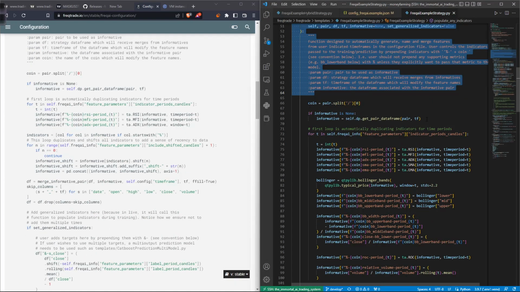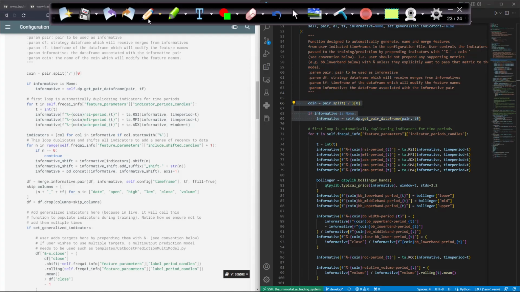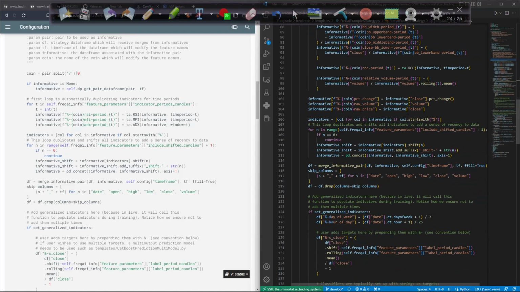We are doing the same stuff here, getting coin informative pairs and then populating those features for different indicator pairs and candles, and we are populating a lot of features. Okay, so after that, what we are seeing here is that we had added that shift parameters,